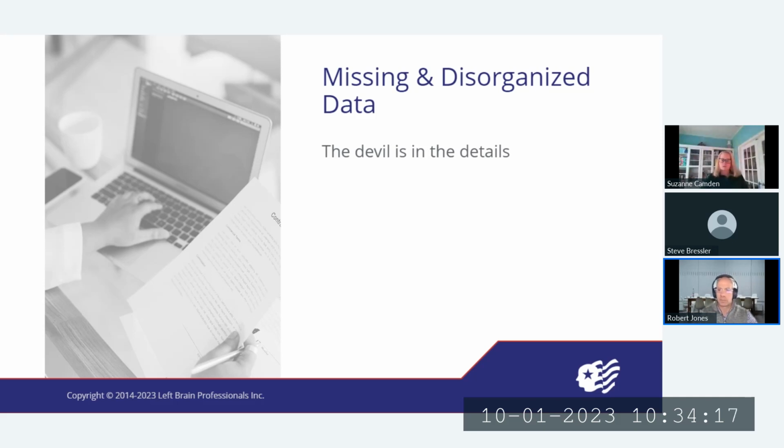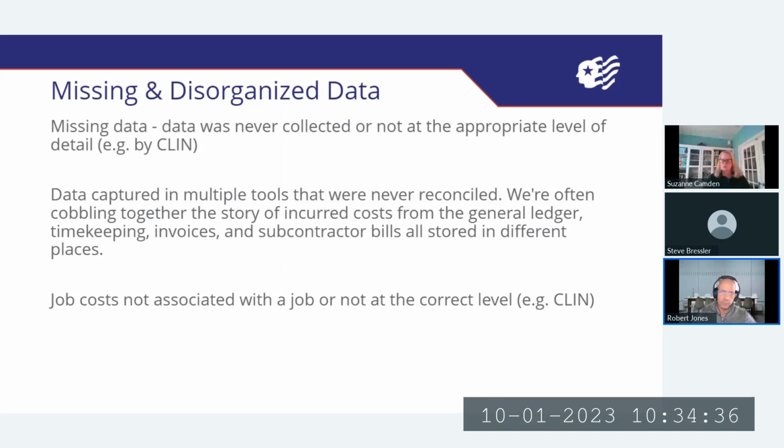But it's when something doesn't tie out, when there's some kind of variance, that's where we end up spending our time. That's where clients end up getting the larger invoices from us, because there's a fair amount of effort in those details trying to get everything right. Specifically, what we see is just pure missing data.